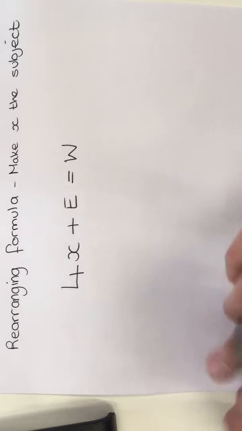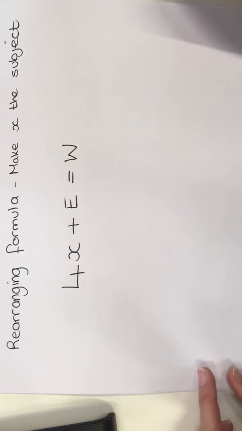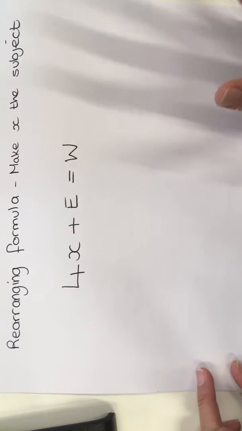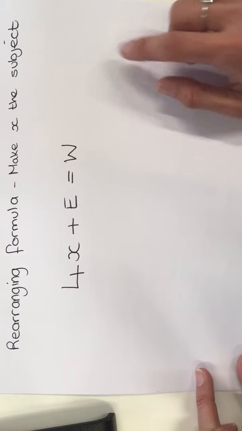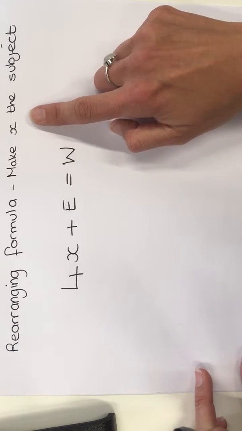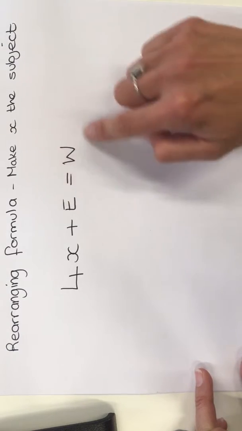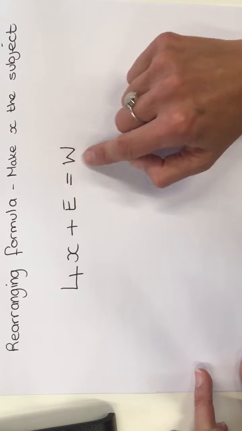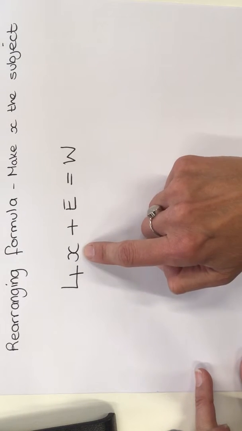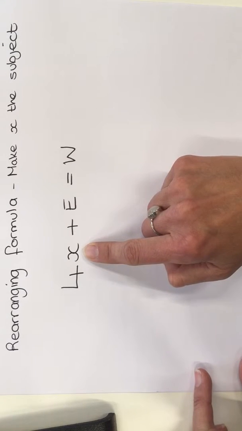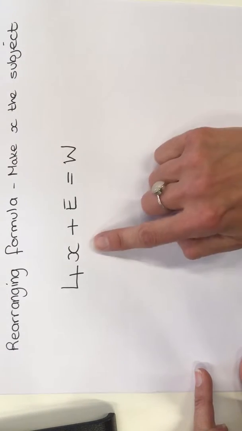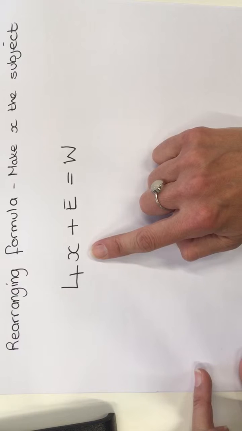We're going to look at how to rearrange a formula and make X the subject in this tutorial. Now, what that means is that you have to make the letter that they want in the question the subject, which means at the moment W is the subject in this formula because it's by itself on one side of the equal sign. So we need to make X the subject, which means that we need to move the 4 and the E away from the X so that X is by itself, and therefore X would be the subject